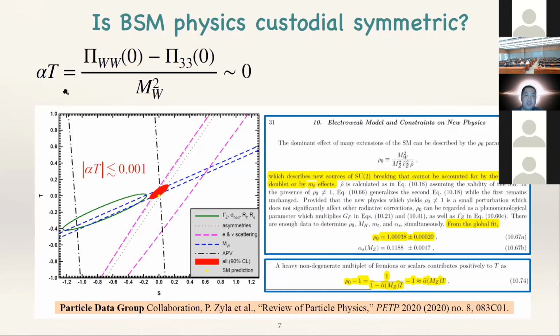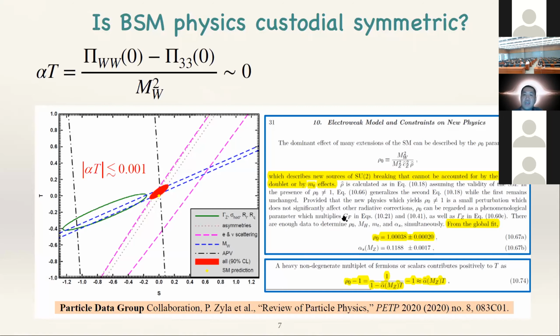The T parameter, alpha T, is roughly defined through the gauge boson two-point functions. You see it's pretty close to 0 in this small blob, and the value is pretty small. That's why custodial symmetry is heavily constrained, and the folklore believes the scale is pretty high. It comes from electroweak precision measurements.